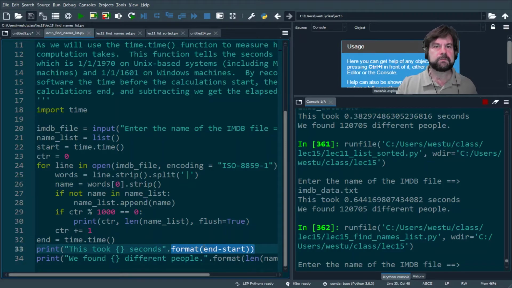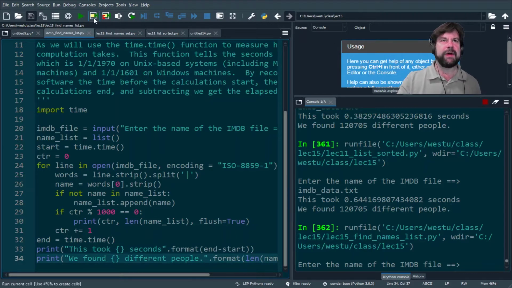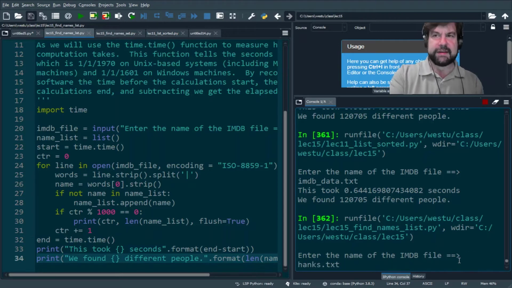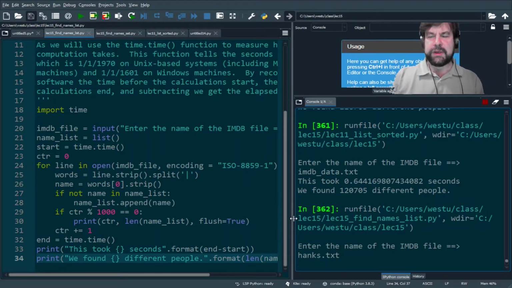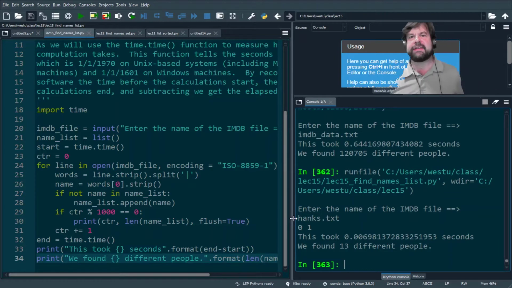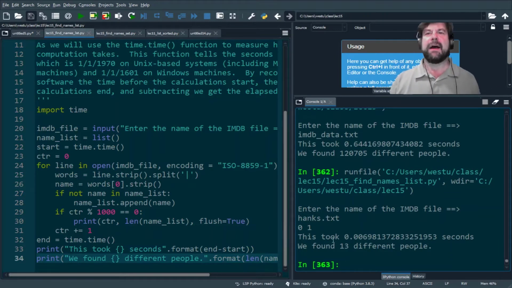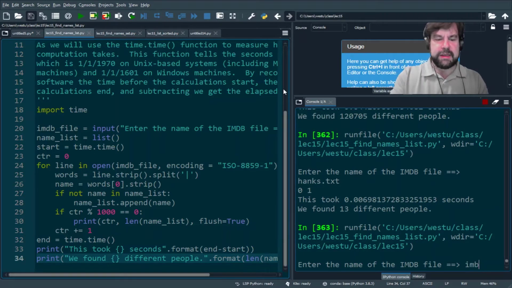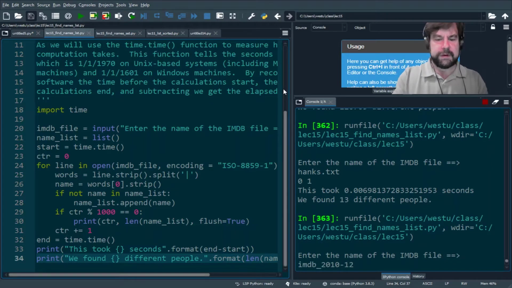is the amount of time that's elapsed, and then at the end we just print out how many different people we found, and we can run this. I'm running it right now on the Hanks data, test hanks.txt. And what we find out is that in the Hanks data test, it took us about 7,000th of a second to find 13 different people. And if we run it again on IMDb 2010 through 12.txt,